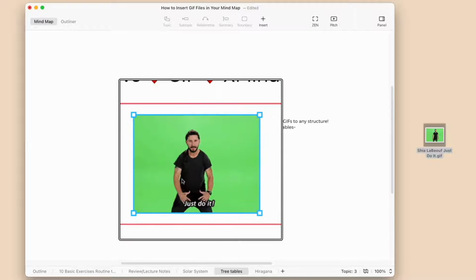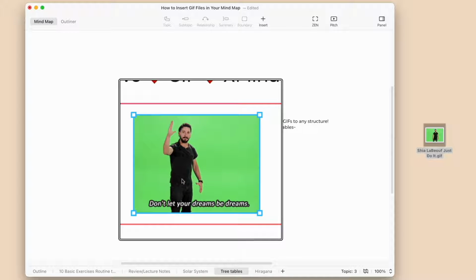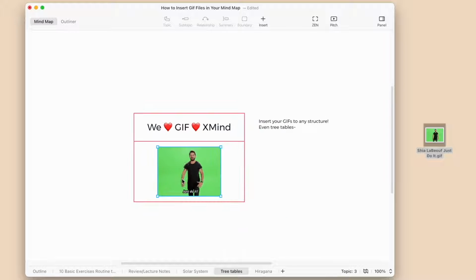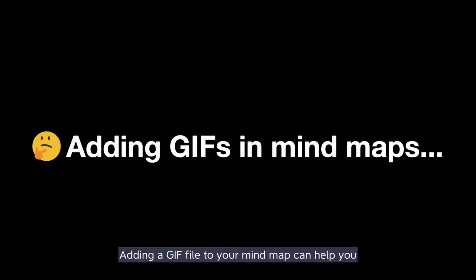Just do it! Don't let your dreams be dreams. Just do it! Adding GIF files into your mind map can help you make your information more effective in a